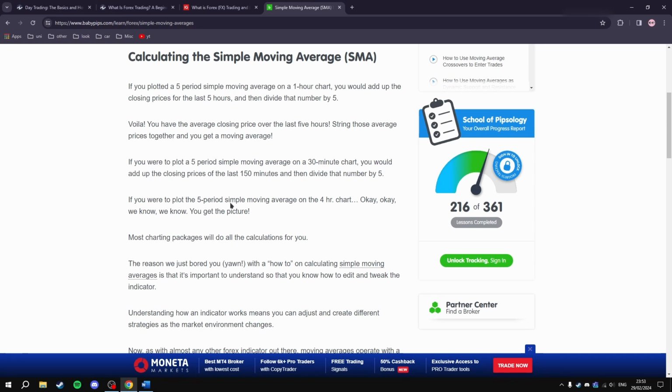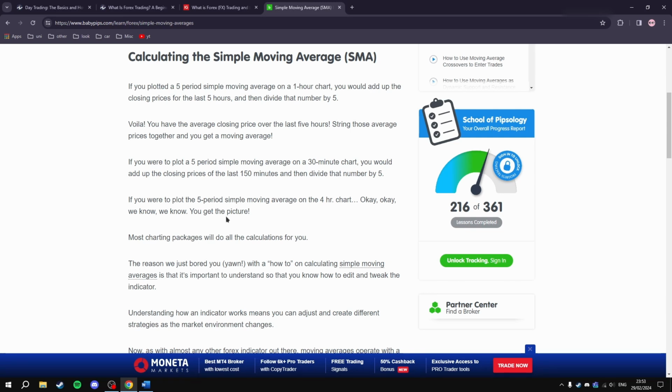Calculating the simple moving average. If you plotted a 5-period simple moving average on a 1-hour chart, you would add up the closing prices for the last 5 hours and then divide that number by 5. Voila, you have the average closing price over the last 5 hours. String those average prices together and you get a moving average. If you were to plot a 5-period simple moving average on a 30-minute chart, you would add up the closing prices of the last 150 minutes and then divide that number by 5. If you were to plot the 5-period simple moving average on the 4-hour chart,